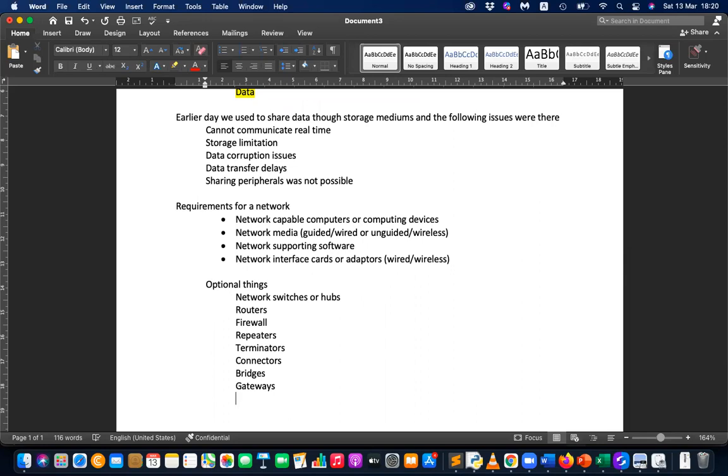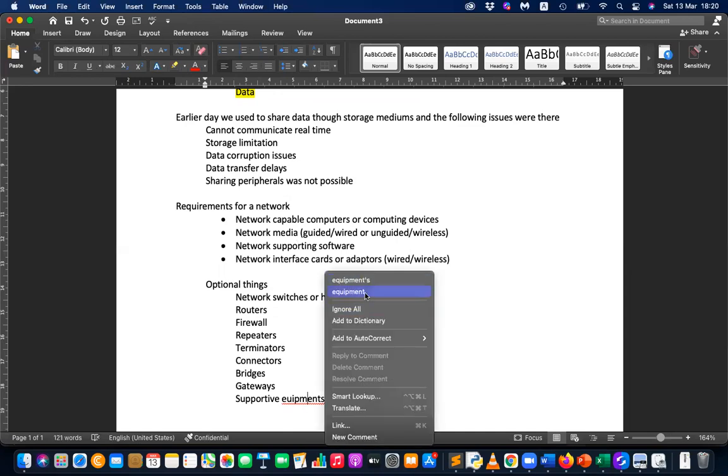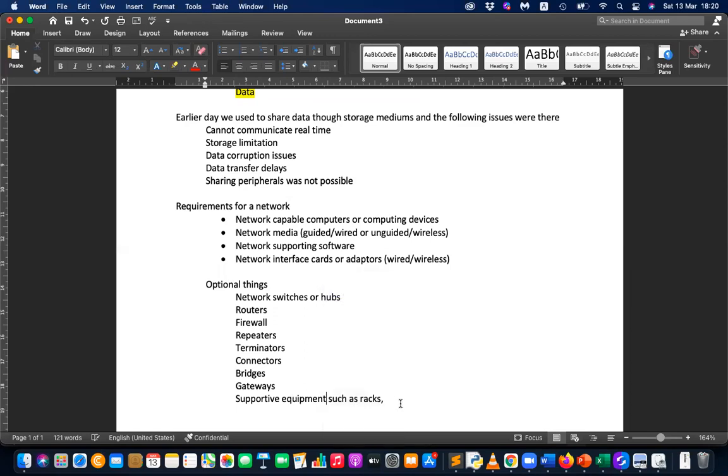These are optional, but still it's advisable to have them. And other supportive equipment such as racks, panels, wiring equipment,